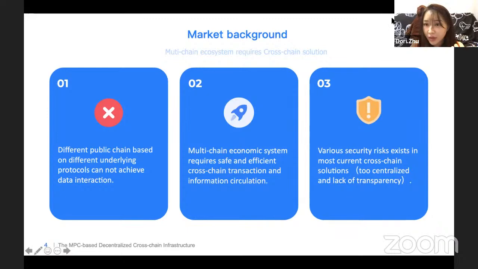But as we all know, there are so many cross-chain bridges in the market, but many have various security issues and different risks. Most of the cross-chain bridges are based on smart contracts, and they are too centralized and lack transparency, which may lead to hack accidents such as Ocean Swap.